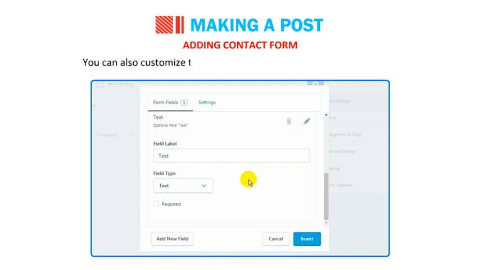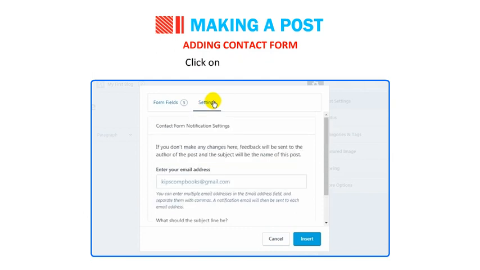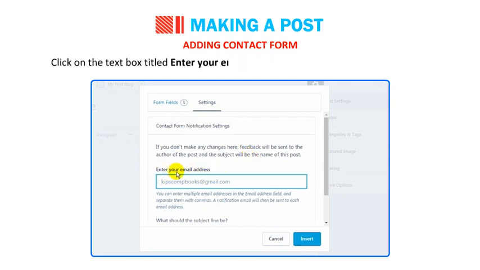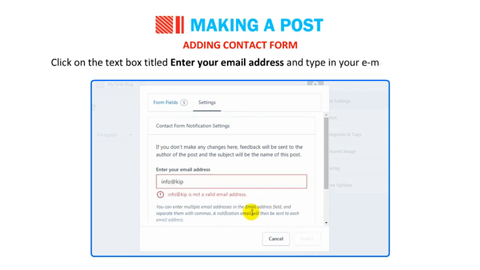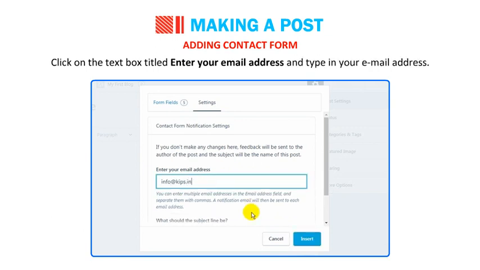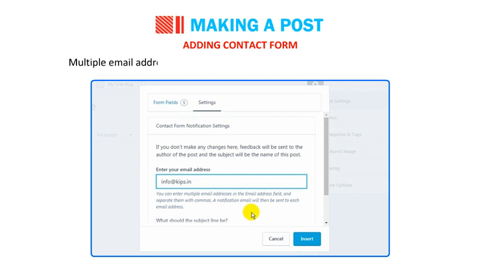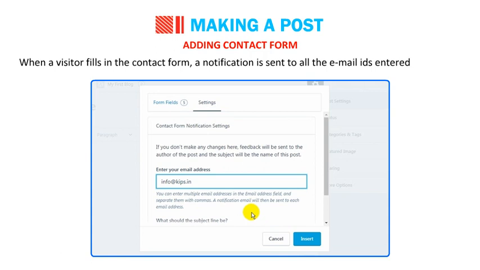You can also customize the notification settings for your contact form. Click on the Settings tab. The screen will look like as shown in the figure. Click on the text box titled Enter your email address and type in your email address. Multiple email addresses can also be typed in this box separated by commas. When a visitor fills in the contact form, a notification is sent to all the email IDs entered in this